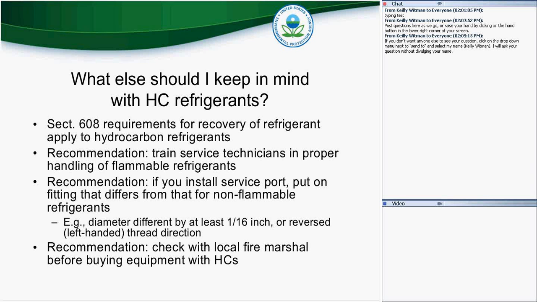But it did compare to another common halocarbon refrigerant, and it did at least 10% better in energy efficiency. And this is going back several years, so I can't remember the exact number, but it definitely was more energy efficient, and that was something that